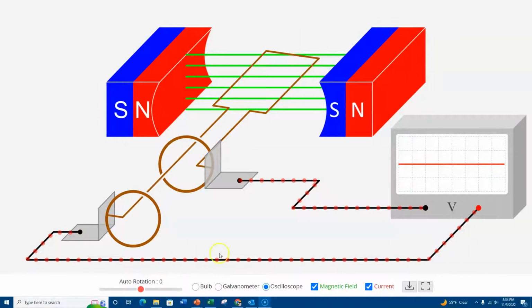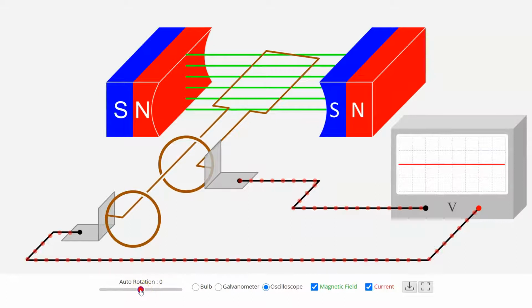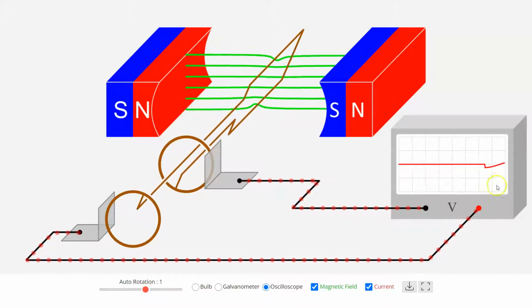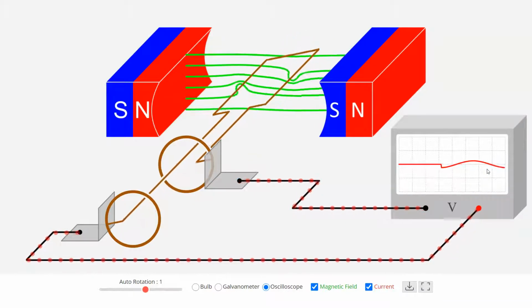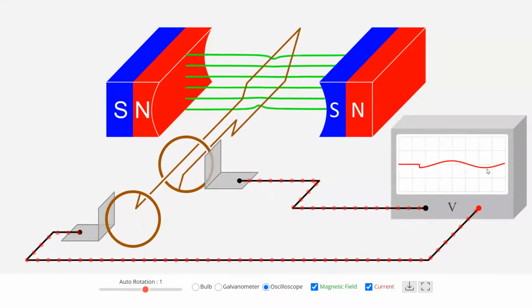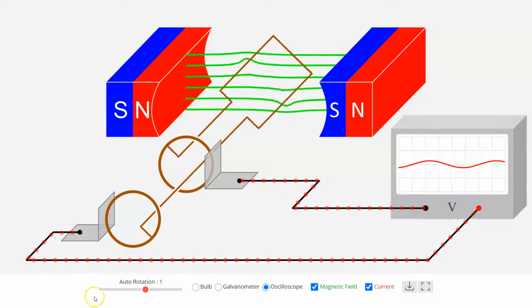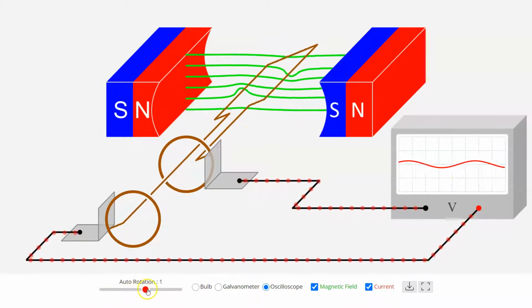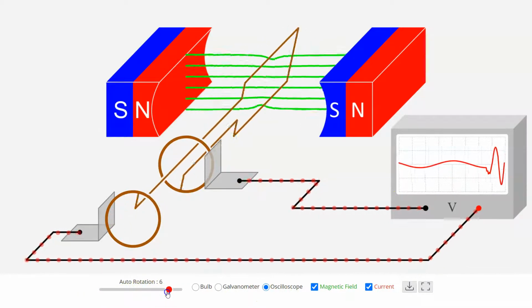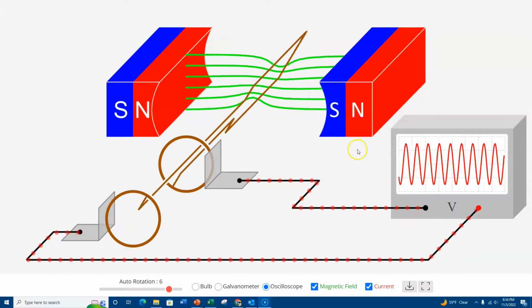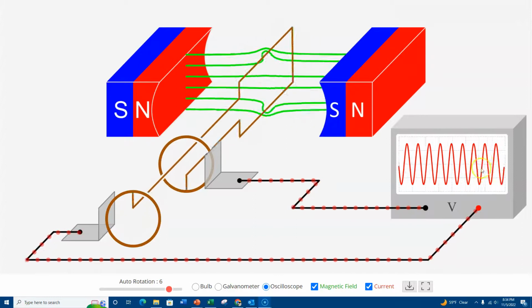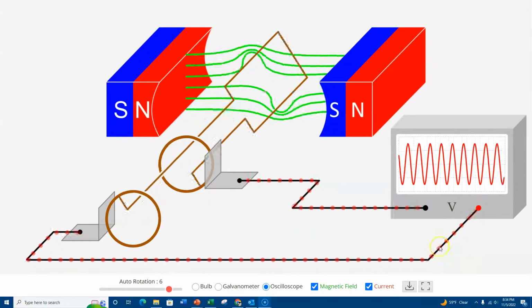So let's take a look at this on the oscilloscope. An oscilloscope just reads the wave functions that are being produced. So I'm going to slowly go through it, and you can start to see there's a wave, like a water wave. And we'll talk more about waves in a chapter or so. But right now you can see a small wave, and I'm going to increase the rotation. And as you can see, that increases how often the wave is occurring. So this is just plotting out the back and forth motion of the charges or the current in this wire